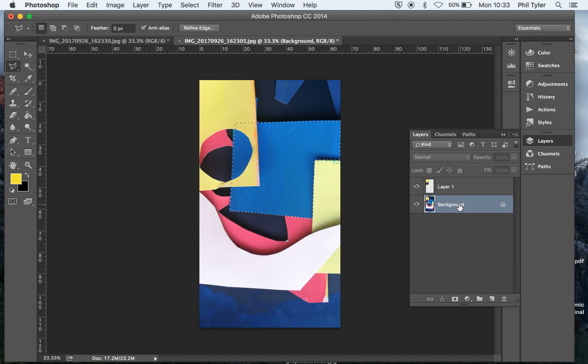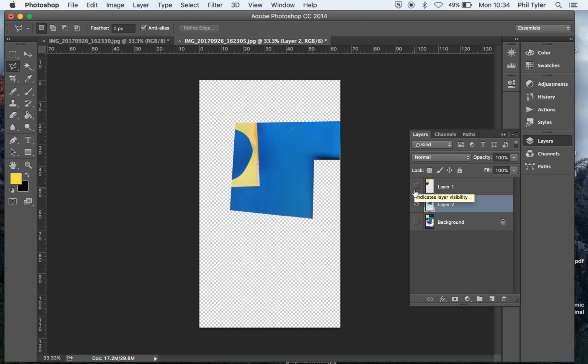So if I come back to the background layer and now click copy and paste, what you'll see this time is that I've now selected this particular area. Of course, I've also selected this part here. Photoshop isn't recognizing that this is one piece of paper. It's just seeing it as a zone of colour. If I wanted to get rid of this, what I can do is flood that area